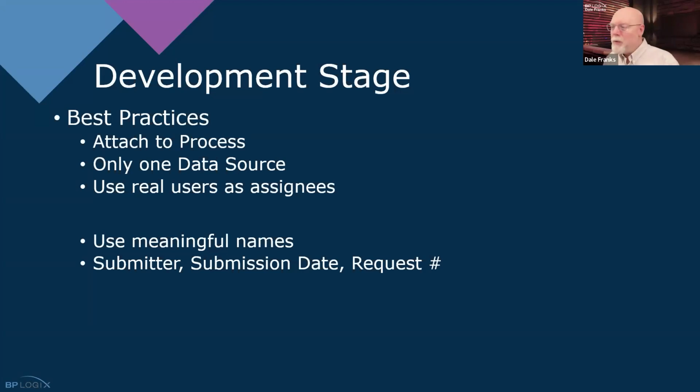Also, if you don't use the real users, then you're going to have to change all of the participants whenever you import it into production. And the last thing that you want to do on production is to make manual changes to a process on the production server. The only time anything should go on your production server is when you import it from staging. So you do want to use the real users.